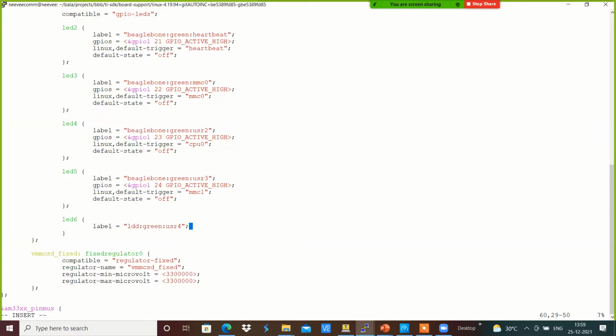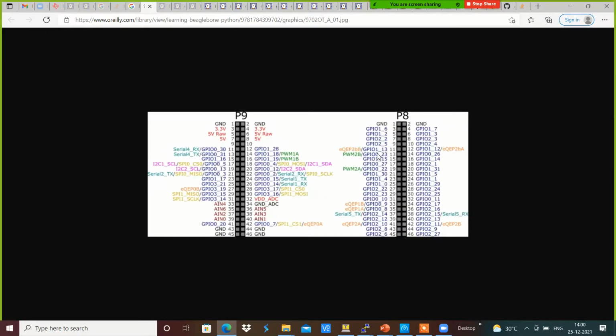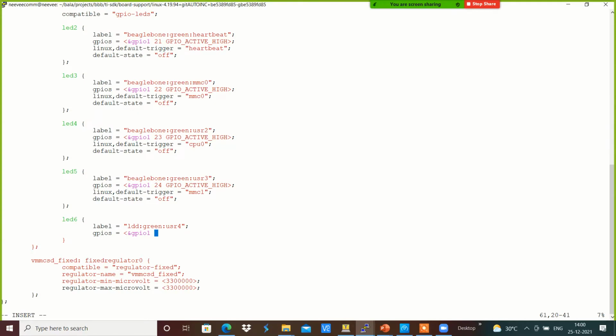For the GPIO in which it is connected, gpios equals GPIO 1, and it was connected with 1_12, 13, 14, 15. I'm going to add the information.